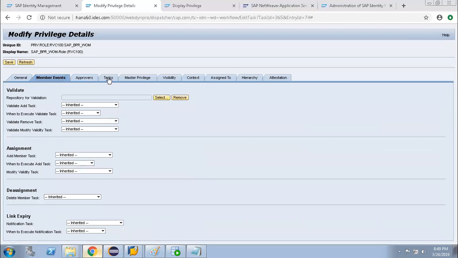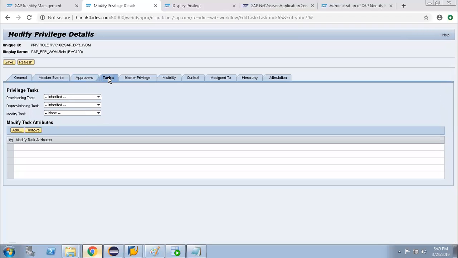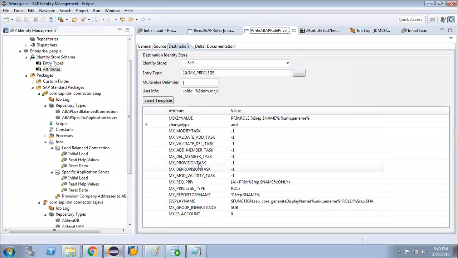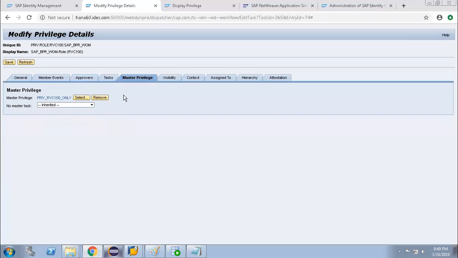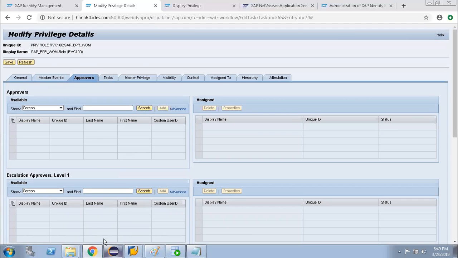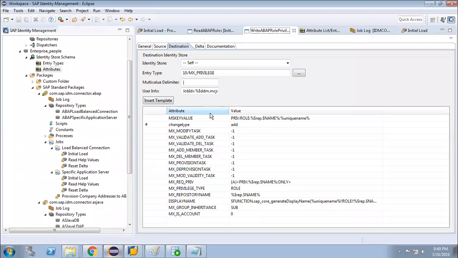Now, this privilege: provisioning task, deprovisioning task, modify task. This is again inherited. Coming back to the master privilege, approvers, if you set any approver, that can be set.